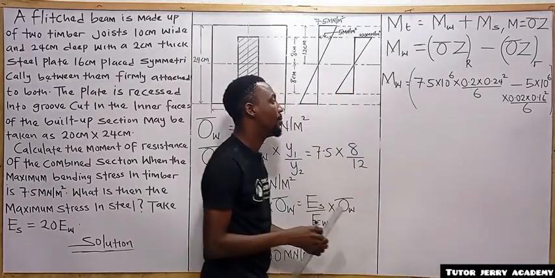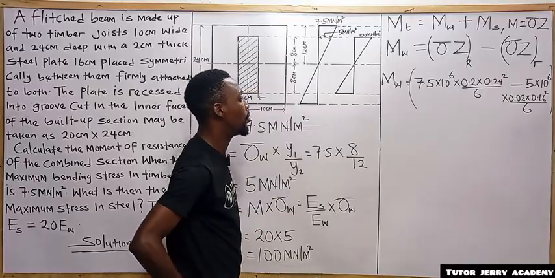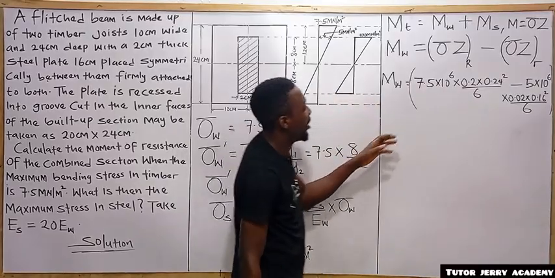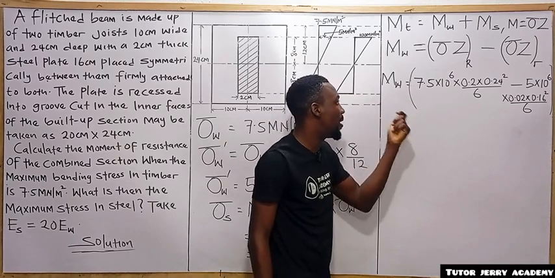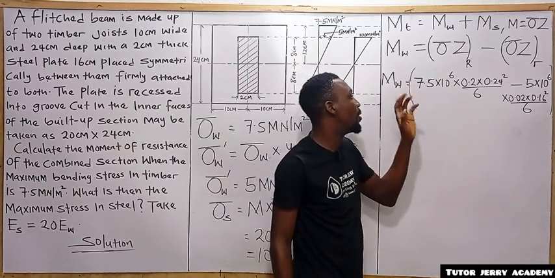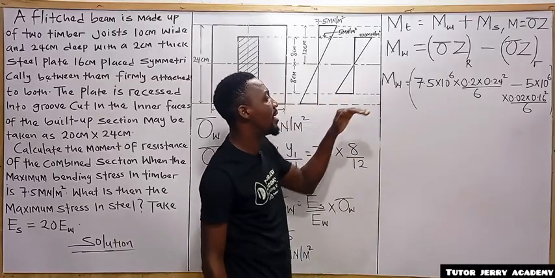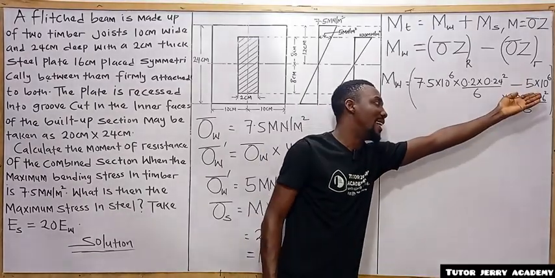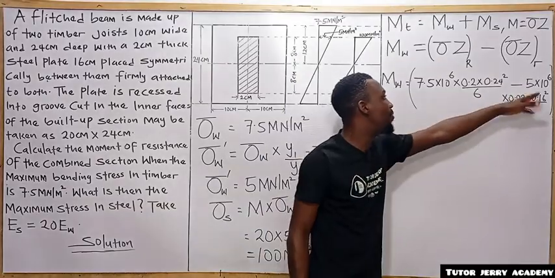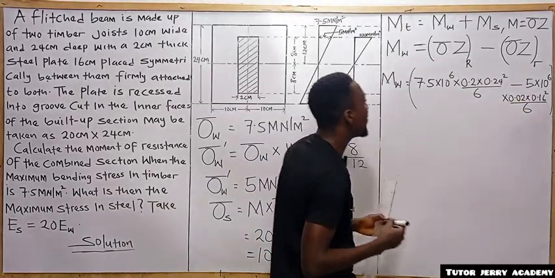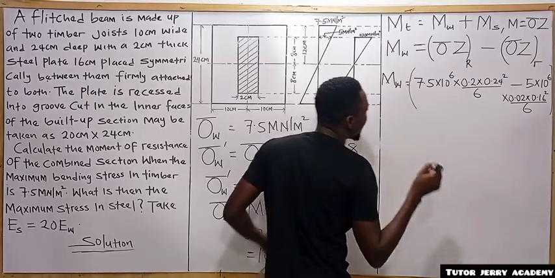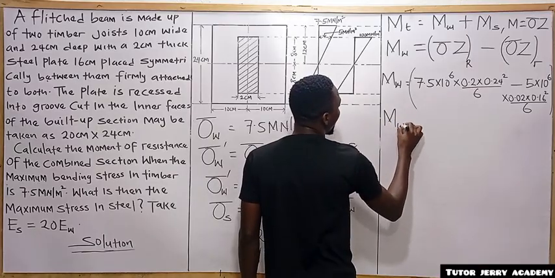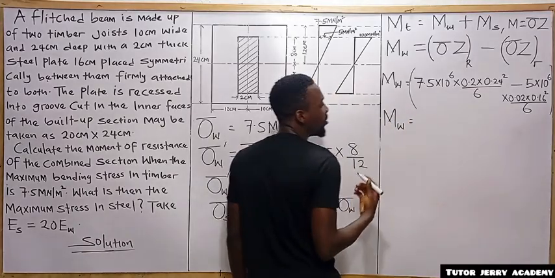All right. So now, the next thing you are going to do is to press this value in your calculator directly. If you press 7.5 multiplied by 10 to the power of 6, multiplied by 0.2, multiplied by 0.24 squared divided by 6, you might punch your answer, or you can still press directly. So minus 5 multiplied by 10 to the power of 6 multiplied by 0.02 multiplied by 0.16 squared divided by 6. So our answer here, that is the moment of resistance of the wood, is going to give you